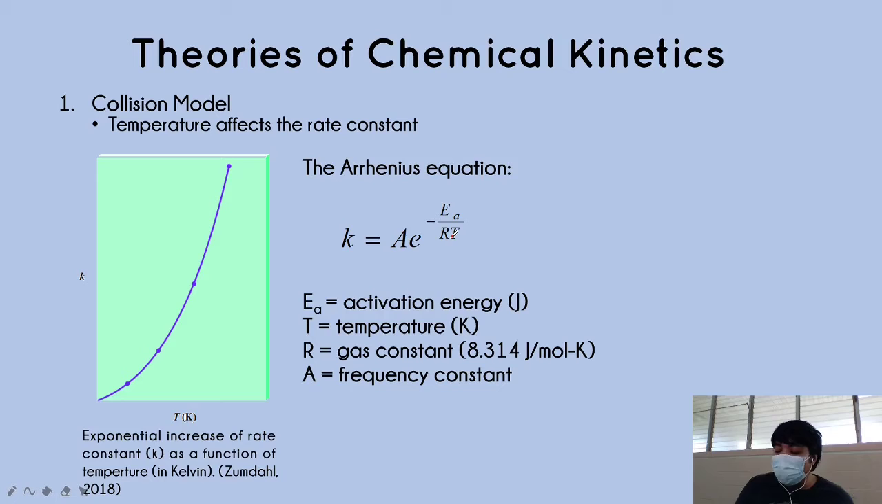Now, if we look at it on a macro scale, if we look at actual data, the temperature affects the rate of the reaction by affecting the rate constant in the rate law of that reaction. So, if you see in the graph here, an increase in temperature in Kelvin will also result in an exponential increase in the rate constant of the reaction,